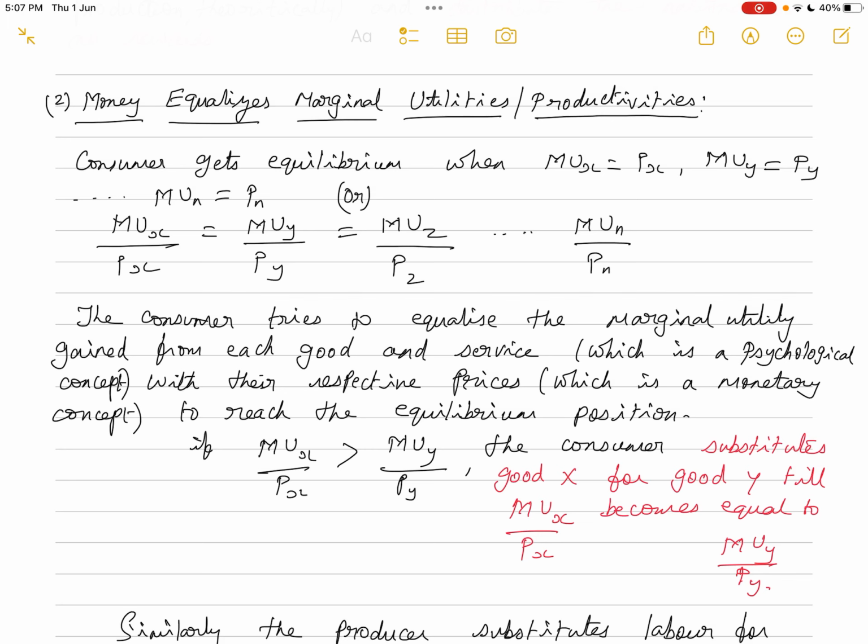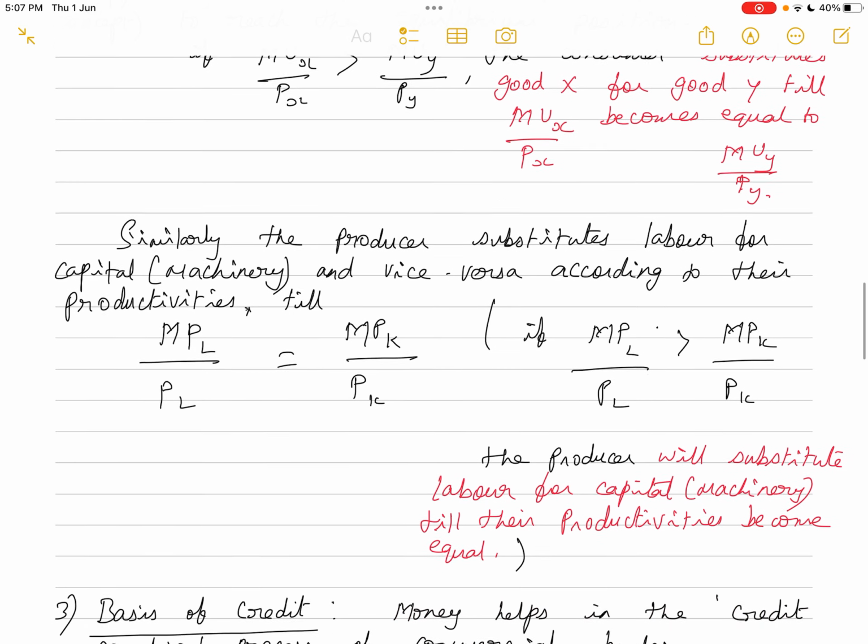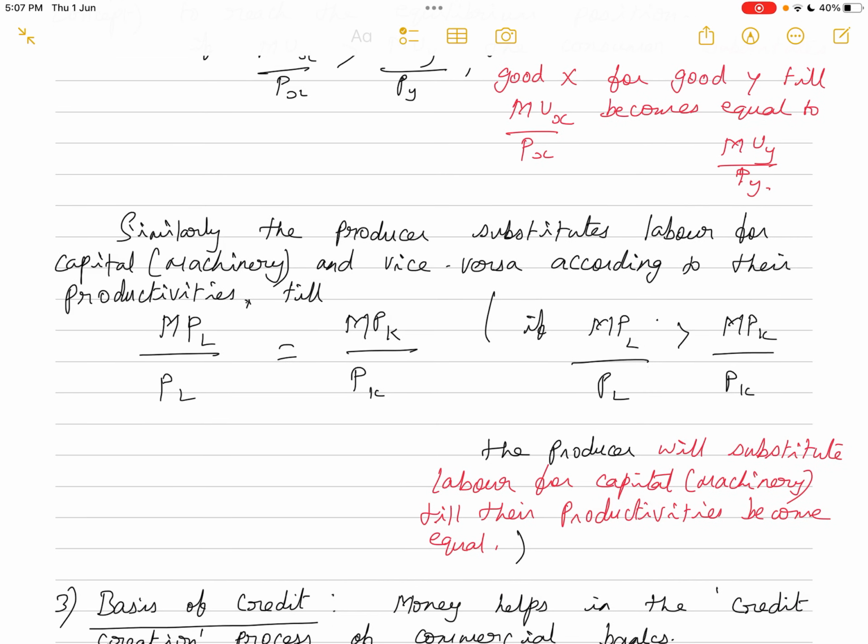Similarly, as a consumer, we are substituting commodity X for commodity Y for consumption. And the producer has the option of substituting either labor for capital, in the sense machinery, and vice versa, according to their productivity. Suppose the producer thinks that the productivity of labor is more than the productivity of capital, including their prices, then the producer will keep on substituting labor,